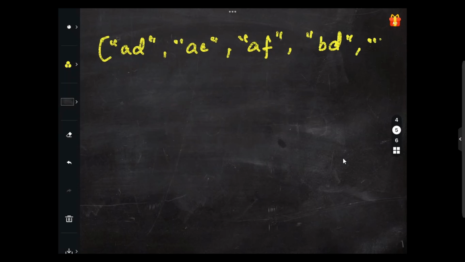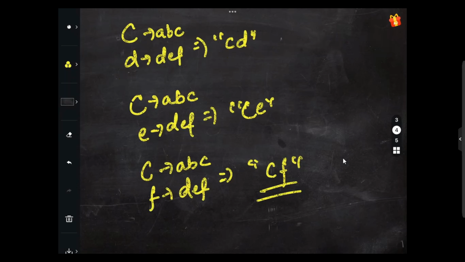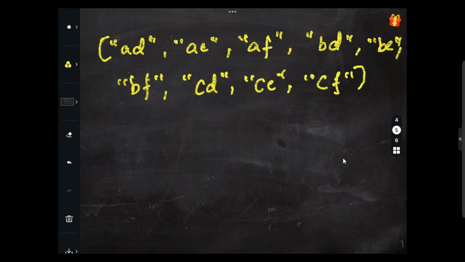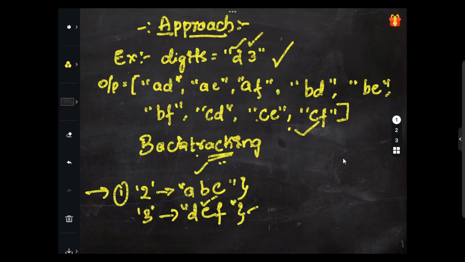Then from C what we got here? CD, CE, CF. So this is the output that we got, which matches the output that they have given: